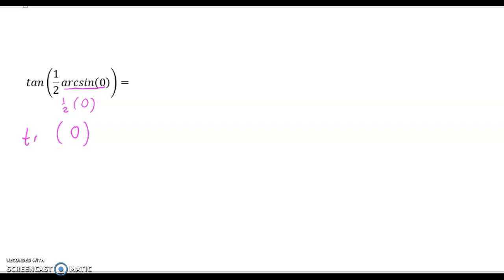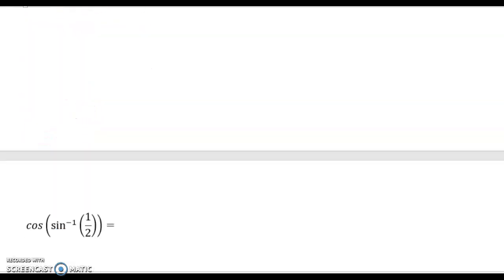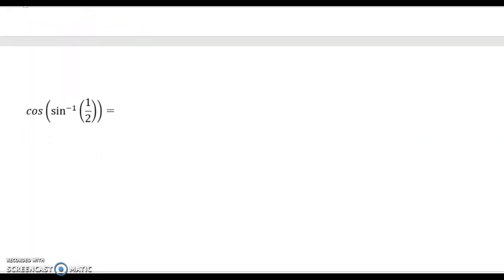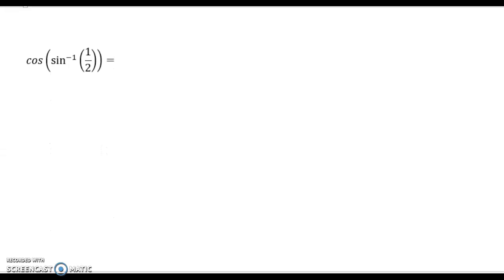And then we're going to take the tangent of 0, which is 0. And I believe this is the last one. This is inverse sine, which is the same as arc sine. You say what angle has a sine value of 1/2 that lie